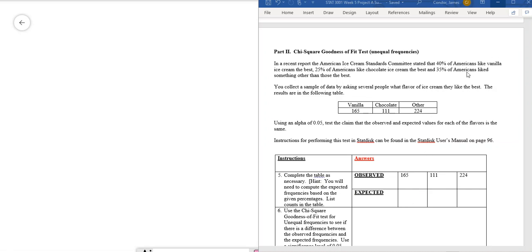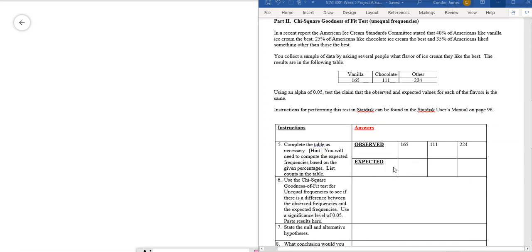And then 25% like chocolate the best. And we got 111. So it's not perfect. 25% times 500 is 125. So, well, it said 111. It should have been 125, theoretically speaking, right? And then we do the same for the last one. This one is 35% of 500. And then you get those. Then we're going to put those into